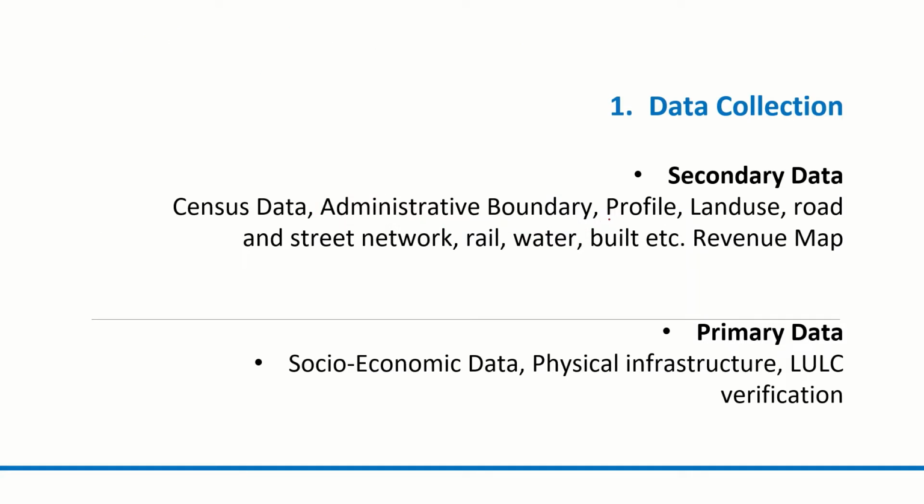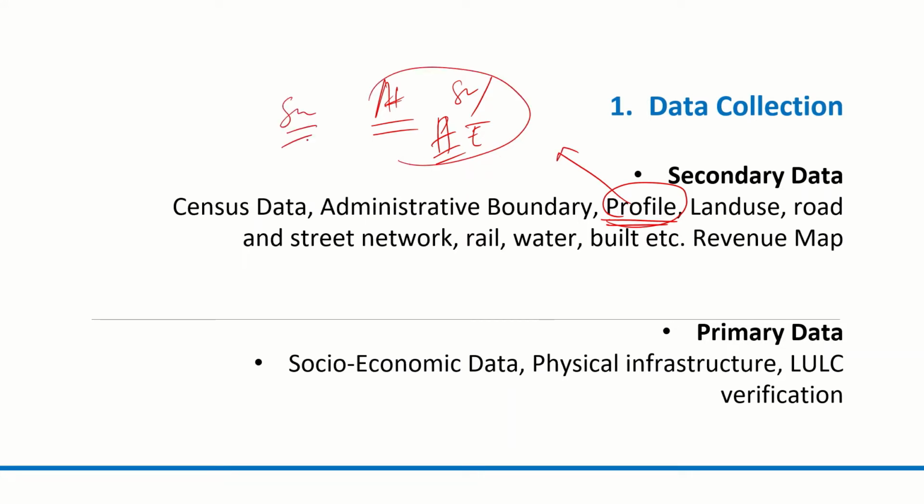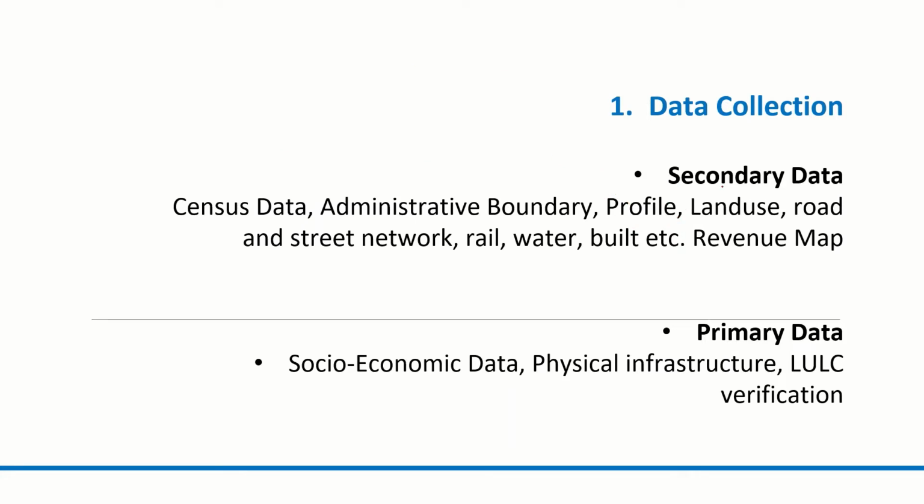Second, of course, there are certain studies already done on the profile of the town. What is its socioeconomic profile? Are there any historical significance for the place, and so on and so forth? Again, we have to look for secondary information, secondary sources, to understand the town, its history, and so on. This is another piece of information we need, and we can get it from secondary sources only.